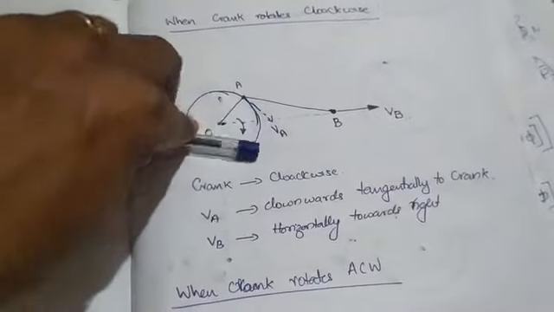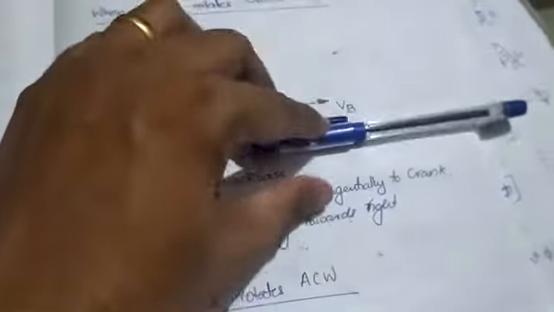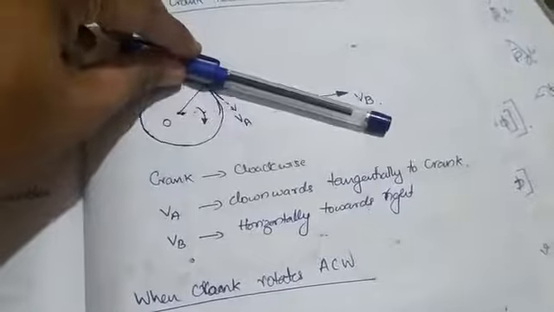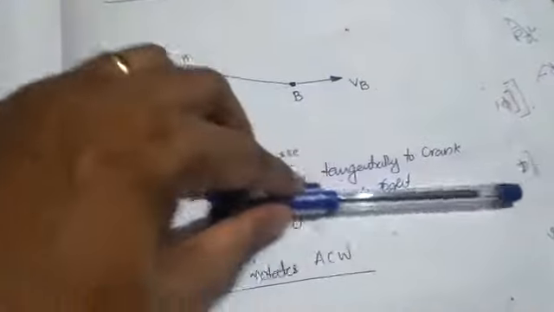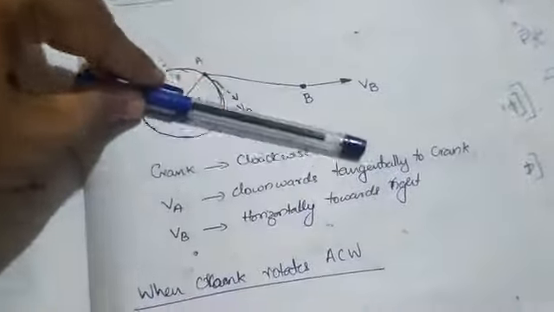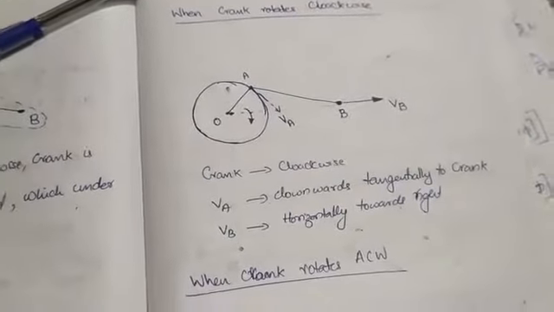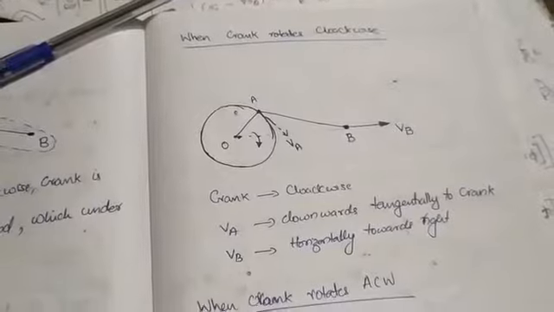And now when it reaches somewhere here, what happens? This will come back, this will go like this, and this will come back. So the piston will go and come back, go and come back, and this connecting rod will push like this. This will be more clear if I give you the animation video, don't worry.